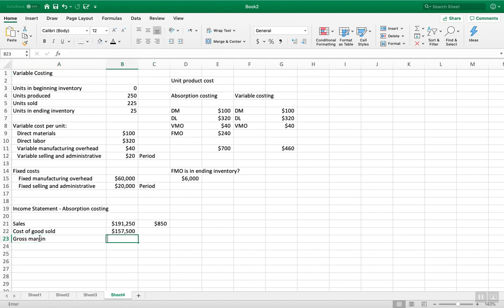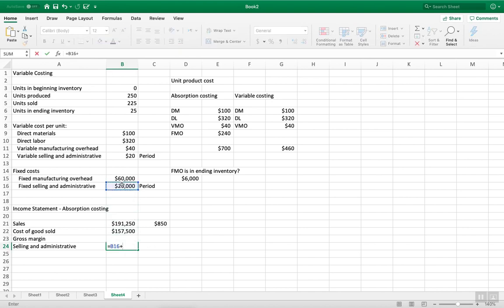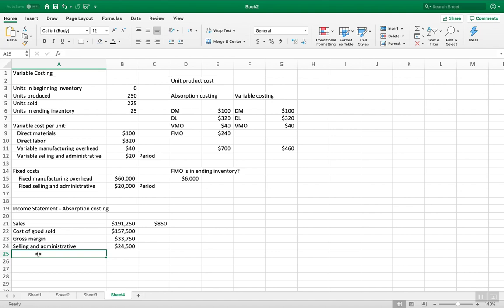That gives me a gross margin of my sales minus my cost of goods sold. And then I subtract from that my selling and administrative expenses, which we can calculate. We have our fixed selling and administrative expenses plus, since we sold 225, our variable selling and administrative of $20 per unit. And so we come up with 24,500, which gives us an operating income